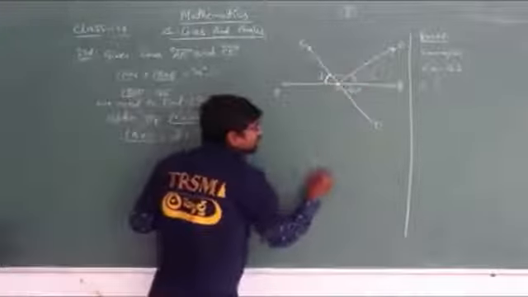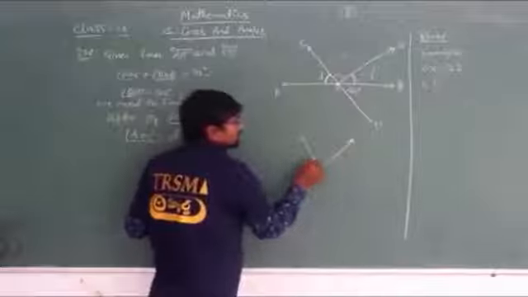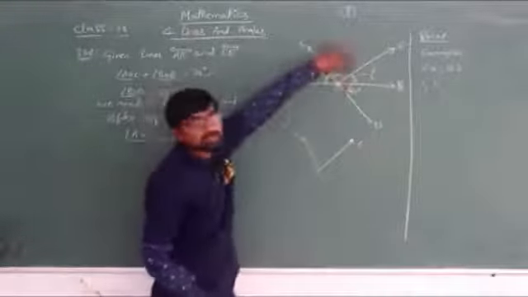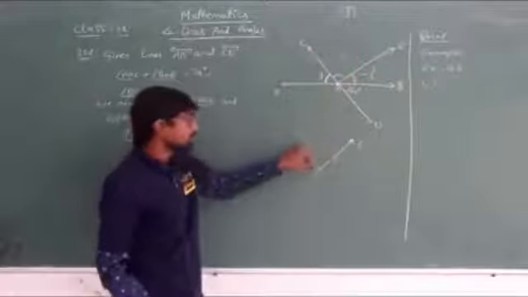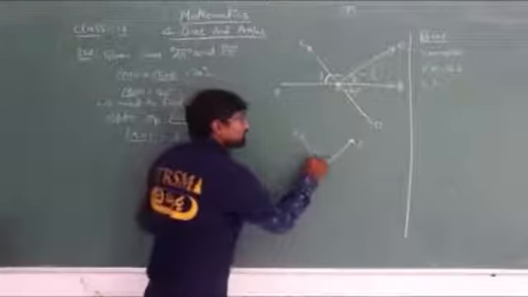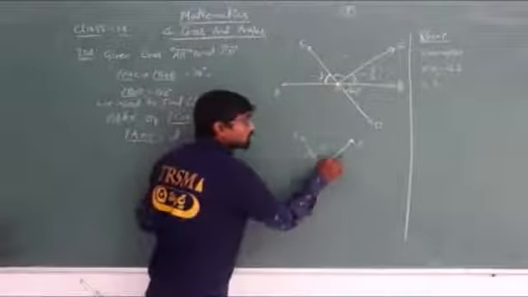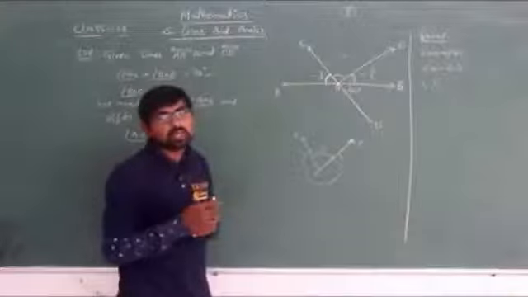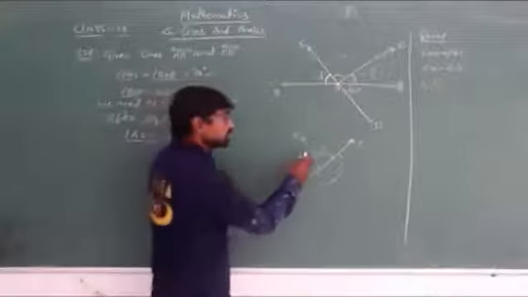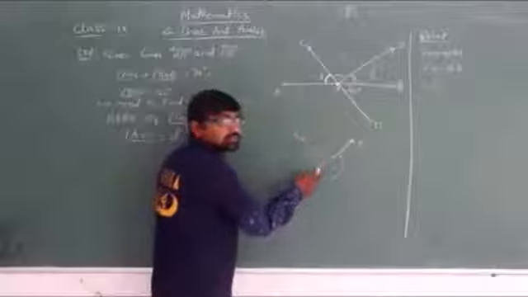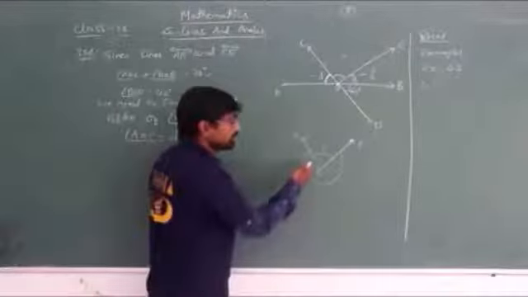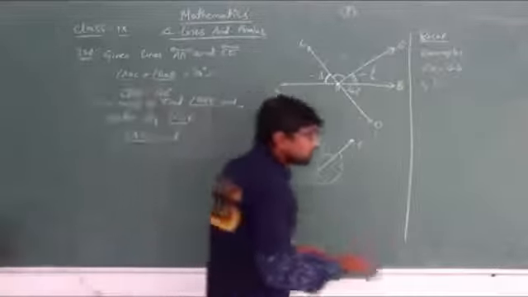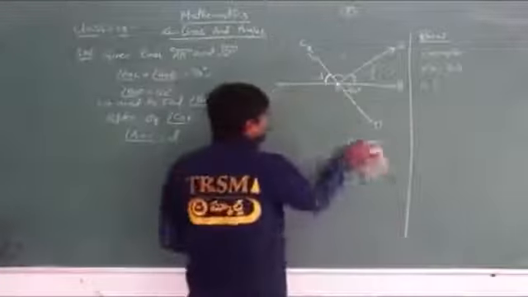If I take it separately, I'll get it like this. This is C, this is O, and this is E. If I take this diagram COE separately, I'll get it like this. So instead of finding this, he asked to find the reflex angle. What is a reflex angle? More than 180 degrees, isn't it? So the opposite angle of this COE, which is more than 180 degrees, we need to write here, okay. So we need to find the value of the reflex angle of COE.